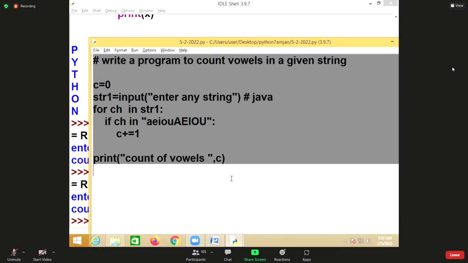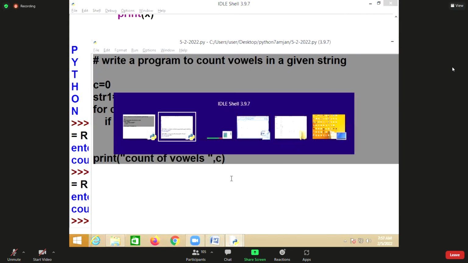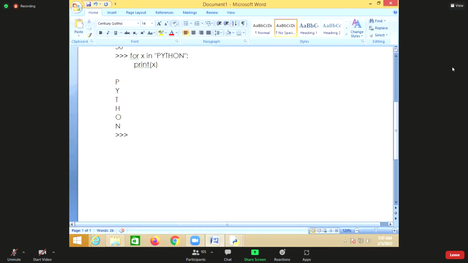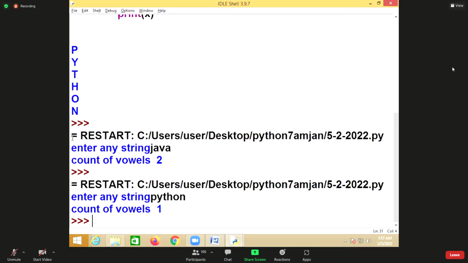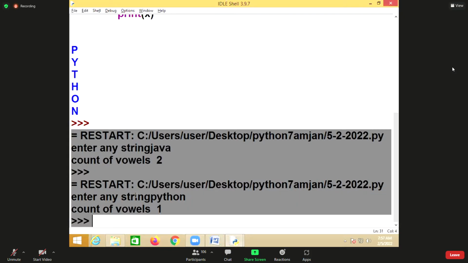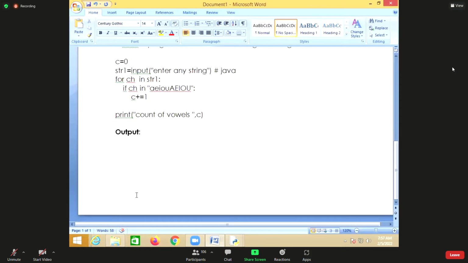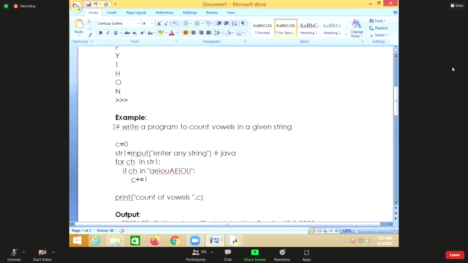So if you want to read a value from a group of values and perform certain operations, then you can use a for loop. That is what I'm telling you: most of the time it is used on collections.